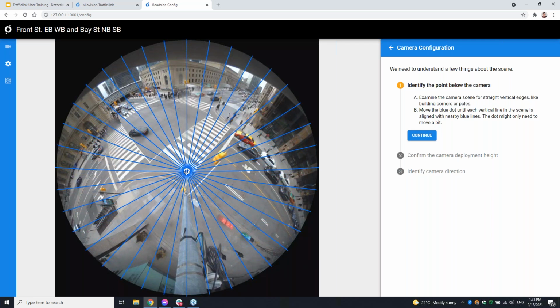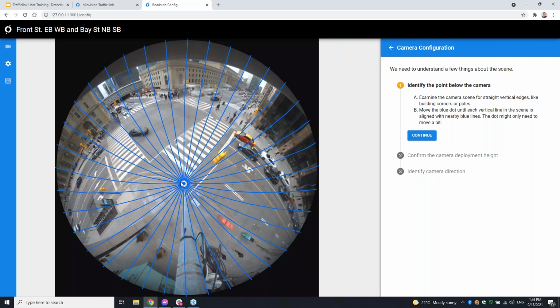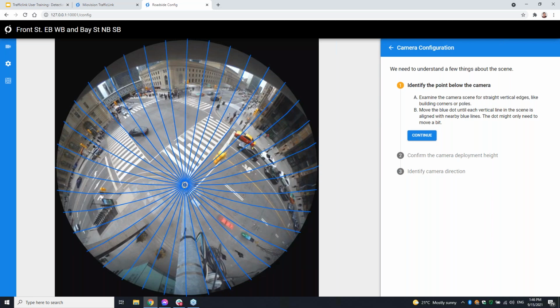The purpose of this step is to give it an idea of the curvature. What I'm looking for is to line up straight lines, trying to tell the system what the curvature is, where the center point of the camera is, essentially what is the exact spot below the camera, aligning some of the curvature of the lens itself, being a 360 lens. If you look across to the building here, you can see the line is pretty close. It curves with the building to some degree. I can stretch it out. You're looking for vertical lines to line up so that you get the curvature right. You can see how the vertical line here on the bottom left doesn't quite line up.